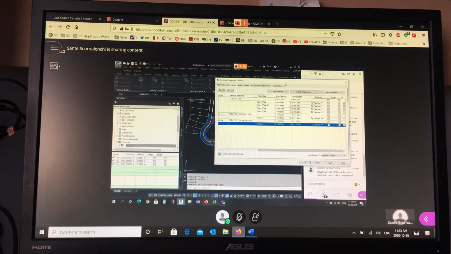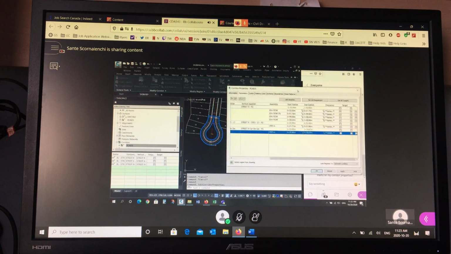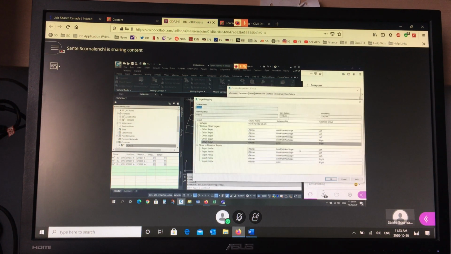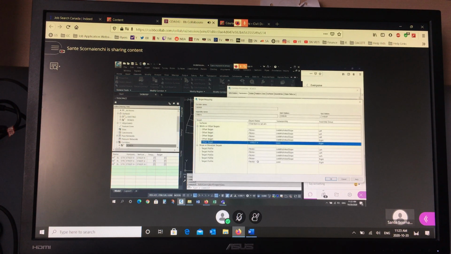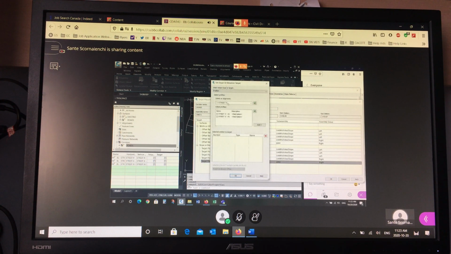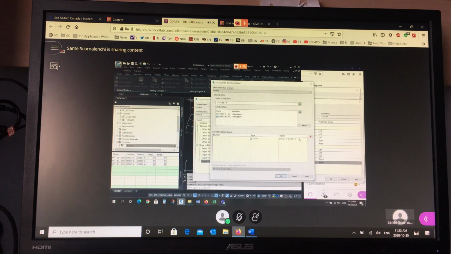Okay, so let me set these targets. So the target for this region, the one called pave, that's that piece of asphalt. Horizontally, I want it to go to the center line of the main road. So that'll extend it to the middle of the road. And vertically, and the elevation targets for this one here, I want it to go to the same road, the center of the road, match the proposed design of the center line of the road. And if you want to see the full name there, it should be expanded. Say OK,